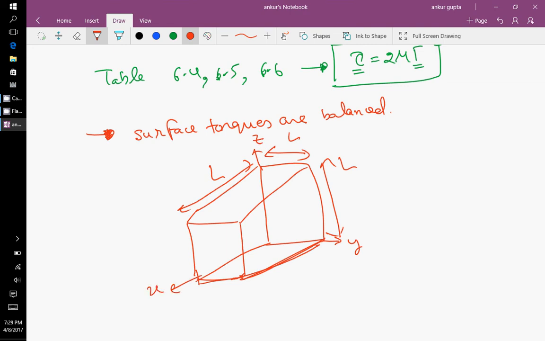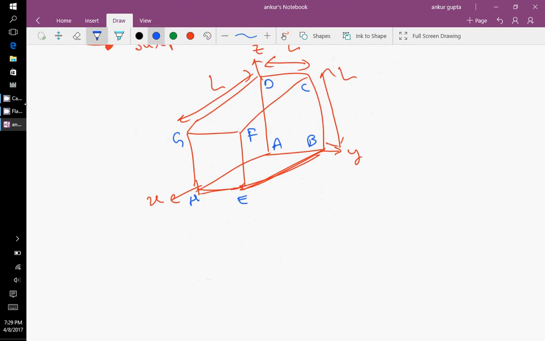If the fluid element was toppling or rotating, the surface torques would not be balanced. Because the fluid element is not rotating, surface torques have to be balanced. And because of that, we can prove that tau is symmetric, or sigma is symmetric, because tau is symmetric means that sigma is symmetric. So let us have this surface ABCD here, and let us have the surface EFGH. Now what we want to find is that